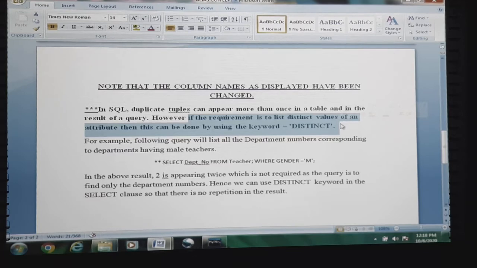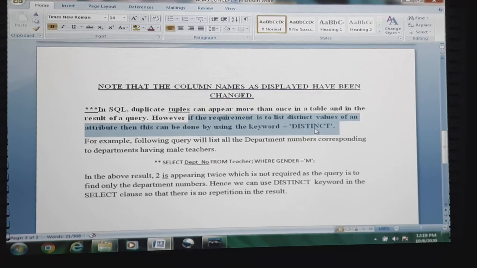So if we need to select only the distinct values, not the duplicates, then it can be achieved using the keyword DISTINCT.